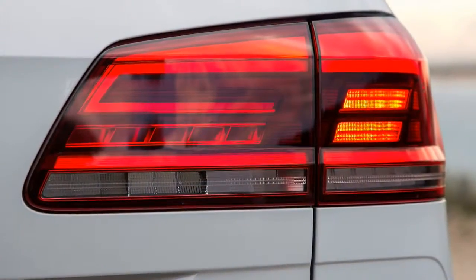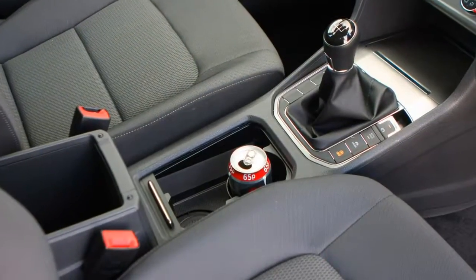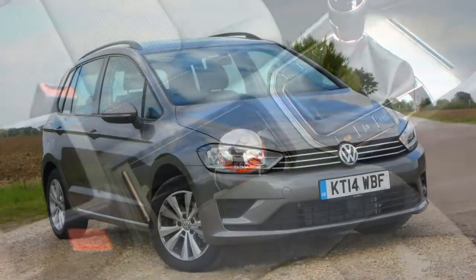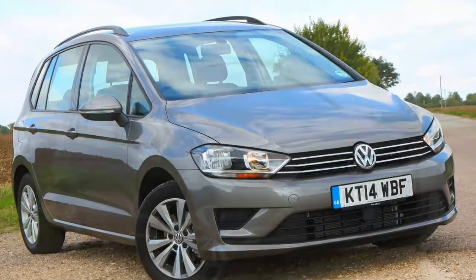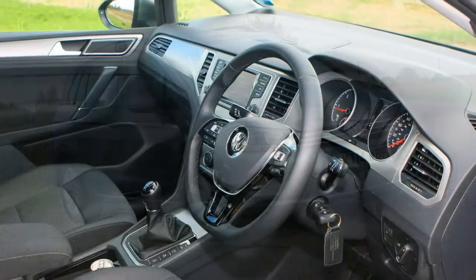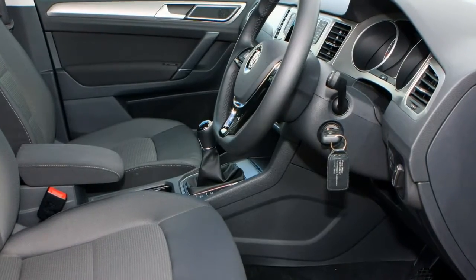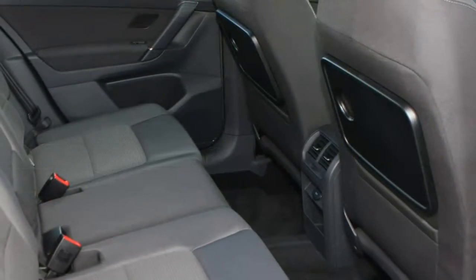There's a swell from your turbo in the midst of the rev range. In places you'll find 200 Nm of torque from 2000 revolutions per minute, and a choice of 6-speed manual or 7-speed auto gearboxes. This car takes 10.7 seconds to get to 62 miles per hour and tops out at 119